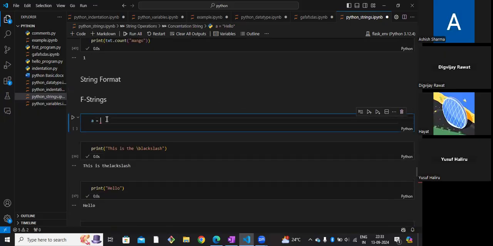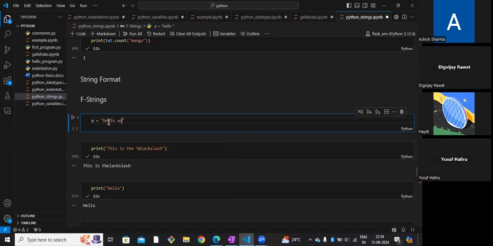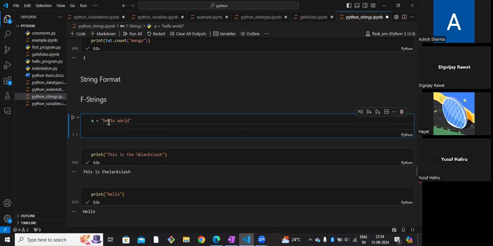So in that case, there is the f-string, which means formatting the string. We are just going to change the string's format according to our convenience. We can concat any kind of data types using this f-string format. Let's take one example. Hello world. The syntax for string formatting is